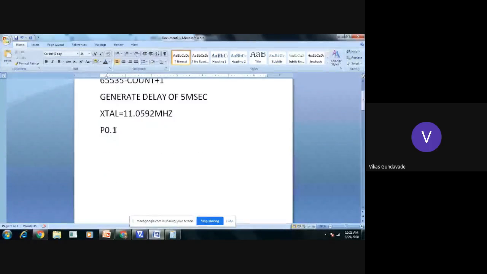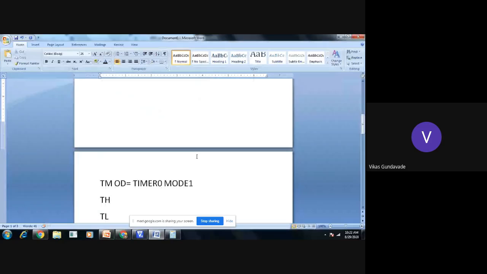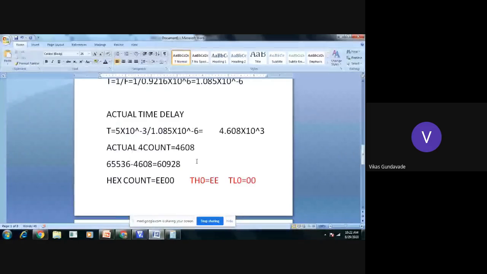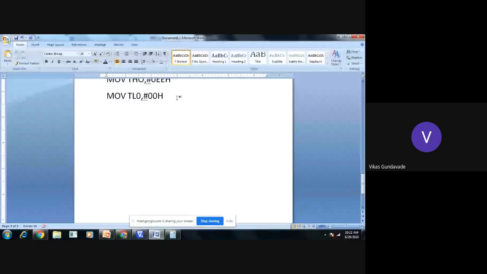So we are toggling the port pin. Here we will simply complement the port pin: CPL P1.0. So we have complemented the port 1.0 pin, and after that we will start the timer by using the instruction